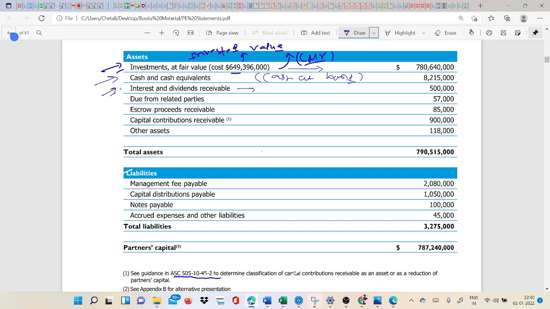Because as we already discussed, the PE firm will make a provision for a preferred return, and the preferred return would be in two forms: one which is dividends, and the other which is in interest form. Okay, because on a preference equity they will receive dividends, and on bonds they will receive interest payments. As simple as that.